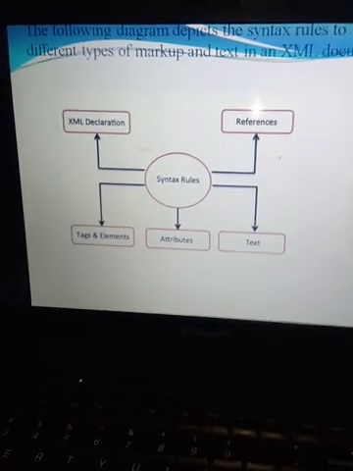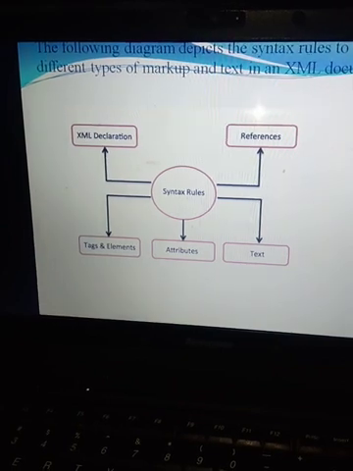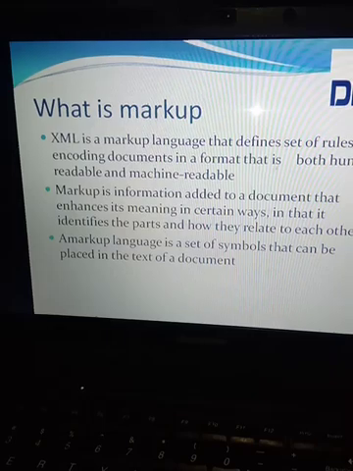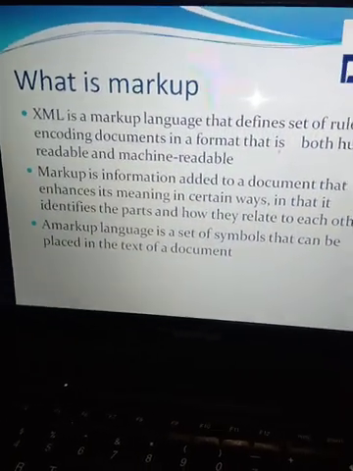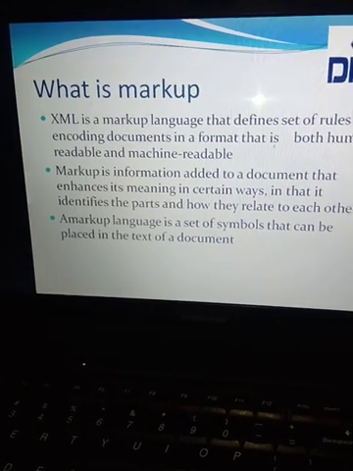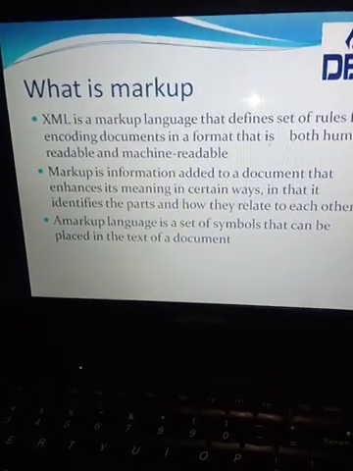Next, the following diagram shows the syntax rules to write different types of markup. What is markup? Markup defines the set of rules for encoding documents in a format that is both human readable and machine readable.